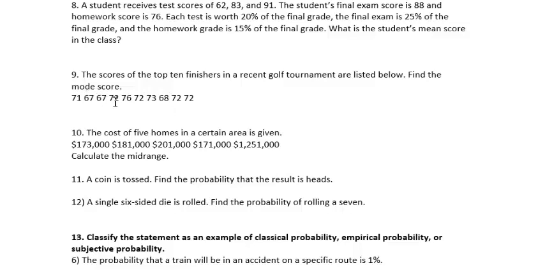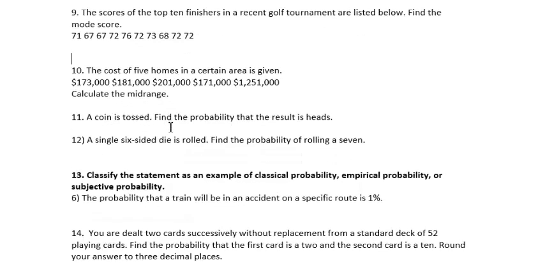We've got 168, 173, 171, so clearly 72 is the mode. If you wanted the median, you'd line them all up in order and pick the middle one. If you wanted the mean, you'd add them all up and divide by 10. If you want the mode, just see which one occurs the most often, and clearly 72 is the one that